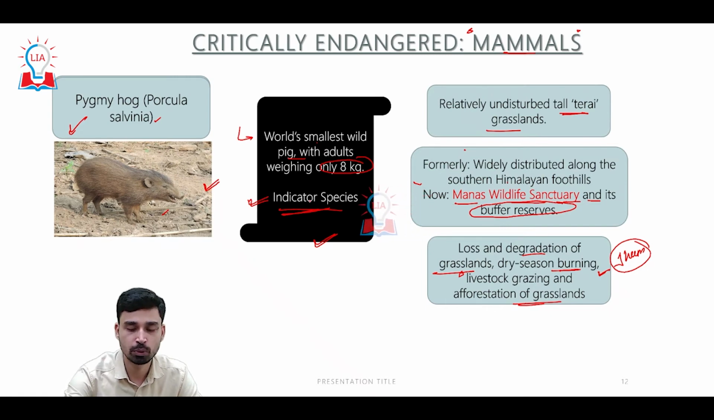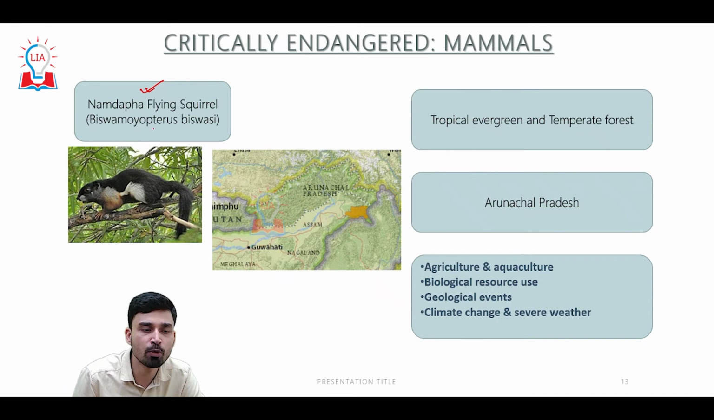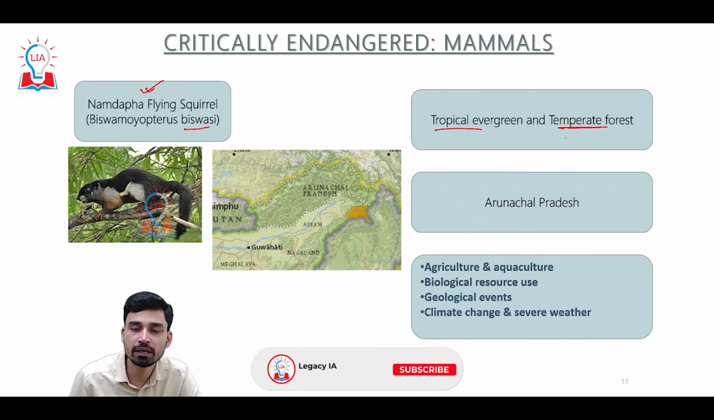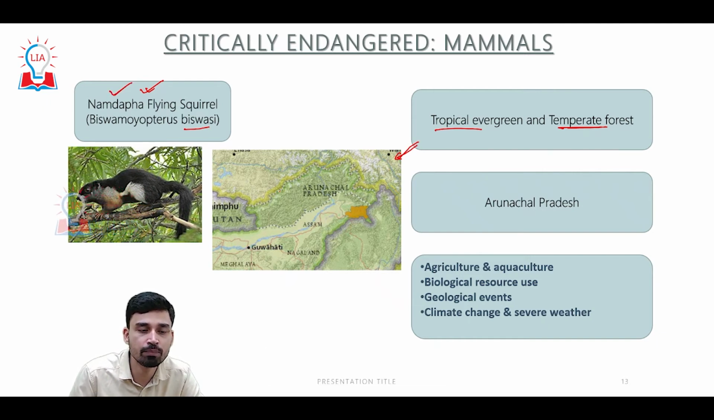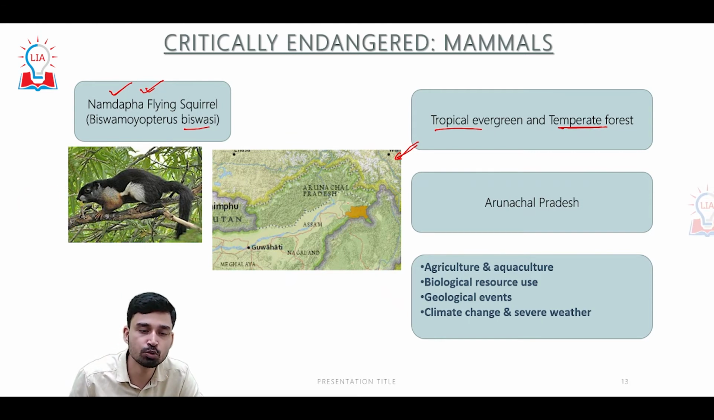present there as well. The next important mammal is the Namdapa flying squirrel, whose scientific name is Biswamoyopterus biswasi. Now, the habitat of this Namdapa flying squirrel is tropical evergreen and temperate forest. The major area where this particular species is found, and from which it derives its name, is the Namdapa Wildlife Sanctuary, that is situated in the state of